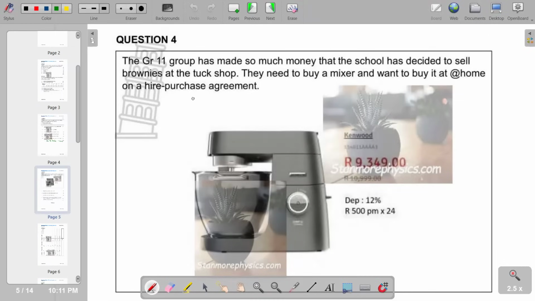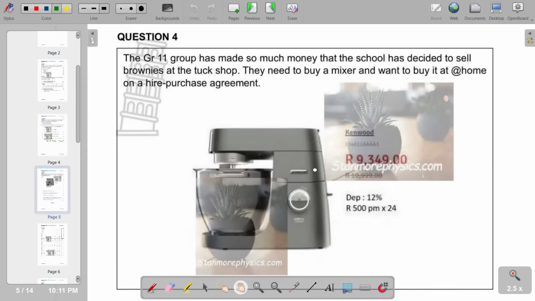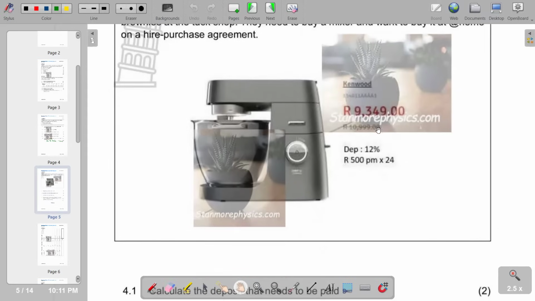Question 4 reads: the grade 11 group has made so much money that the school has decided to sell brownies in the tuck shop. They need to buy a mixer and want to buy it at home on a hire purchase agreement. So the information given in terms of the purchase is here, whereby the total amount that needs to be paid is